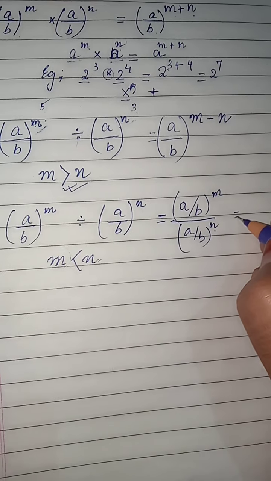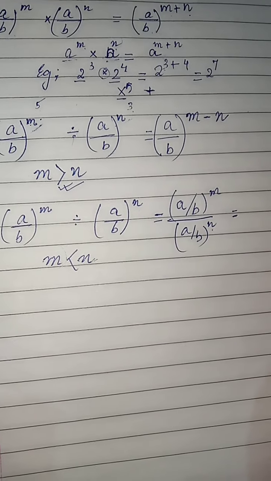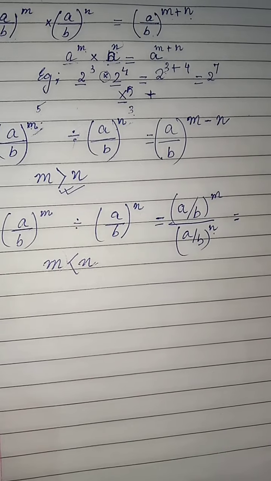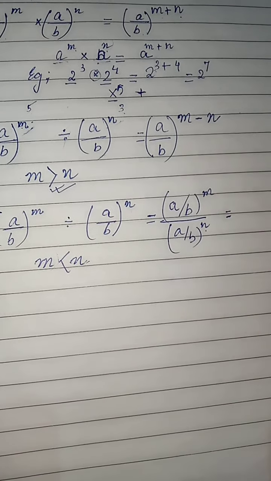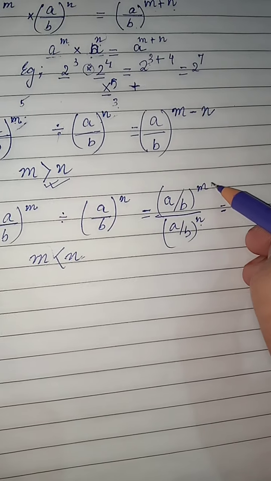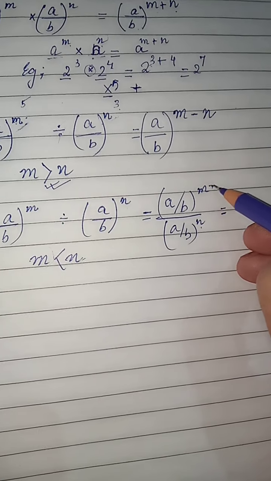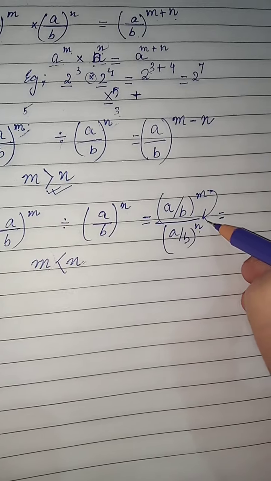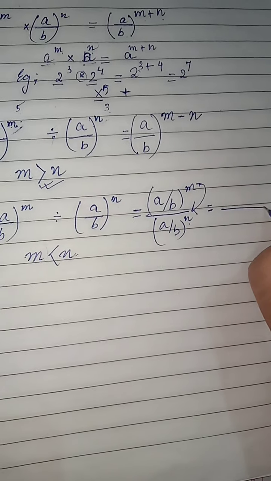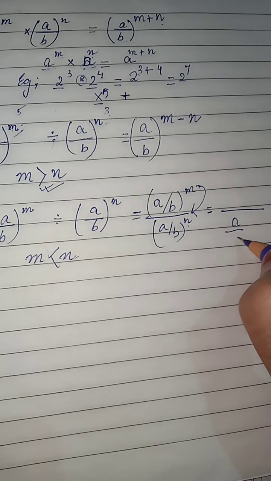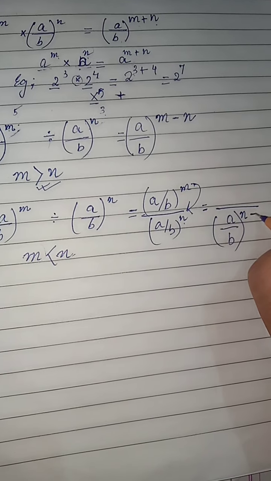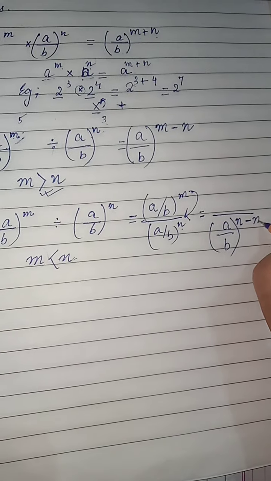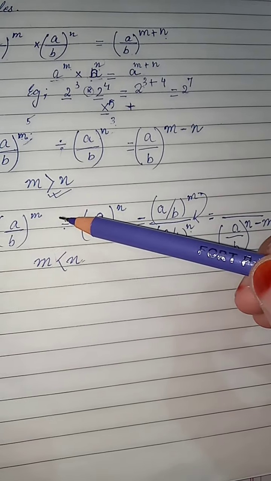So you know very well, the ones who are elder, the ones who are older to us, we go to them, correct? So those who are smaller come to the elders. So here this is smaller, so it will come to this one. So what you will do, a by b and here n will stay first, m will come later, so minus m. Same thing is there, children.